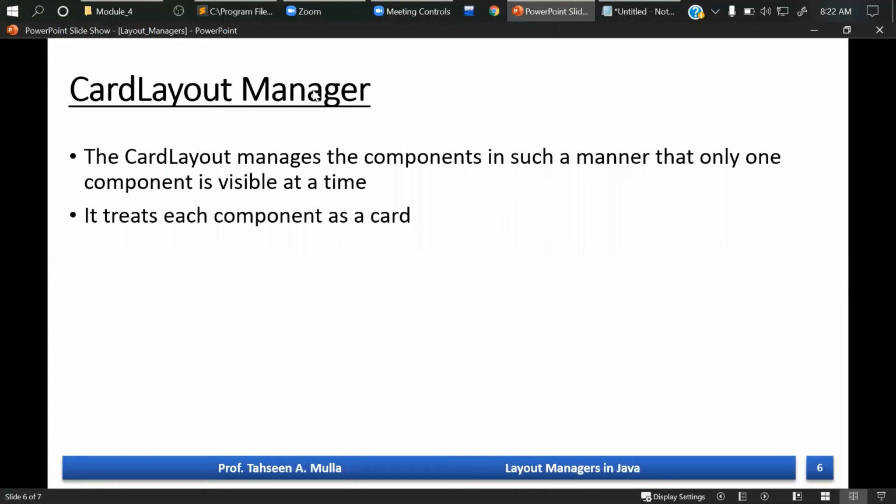I'm going to use the center part as the card layout. So whenever I click on next, the card component will change its card, putting the current one on the back end and showing the next card on my screen.